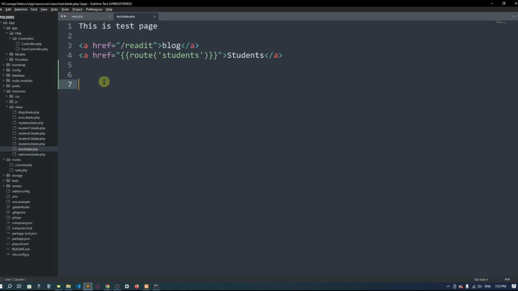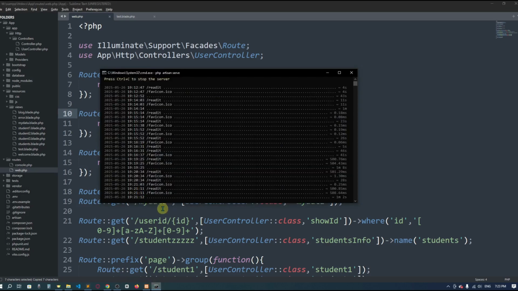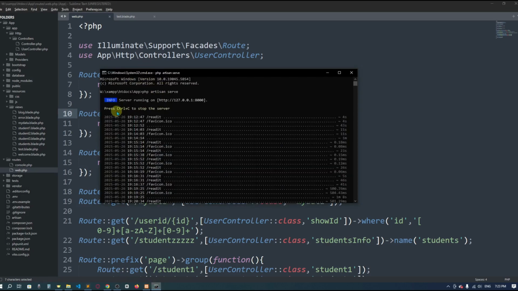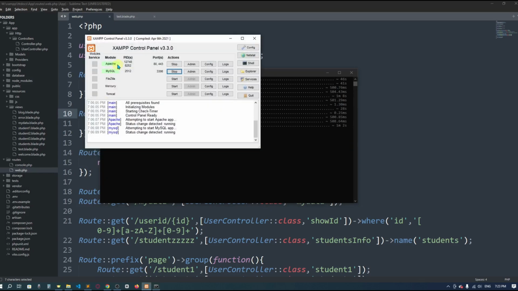Welcome back. Now you can see I am in test.blade.php, and for test.blade.php we have a route, and that is /go-here. Copy it. Here you can see I've served the PHP. So you have to write php artisan serve to run Laravel, and